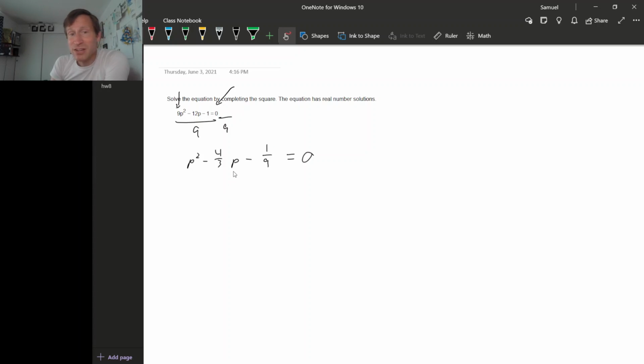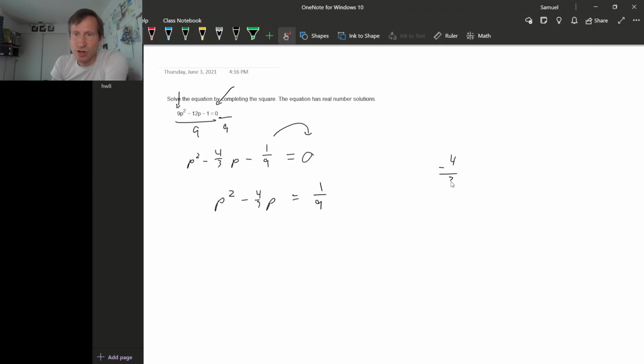Okay, now we can do the same thing that we usually do when we complete the square. It's just that we're going to have to use fractions. Usually we'll move the constant term to the other side, so we'll still do that. So p squared minus 4/3 p equals 1 over 9. Okay, now we take